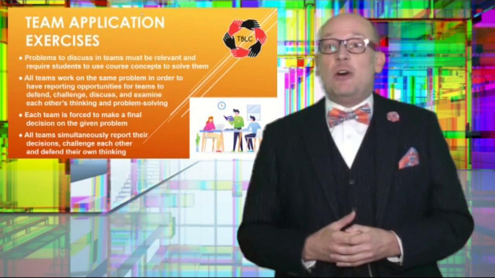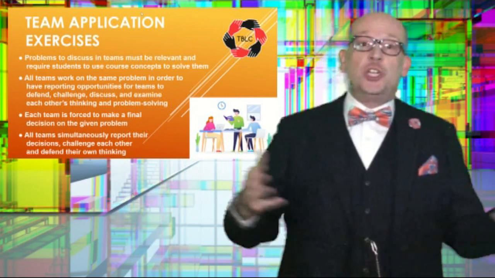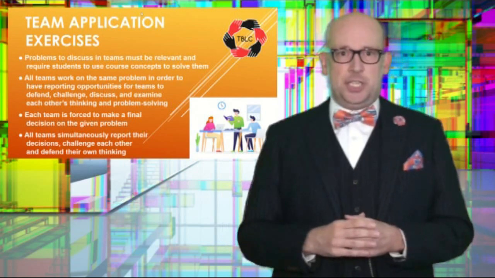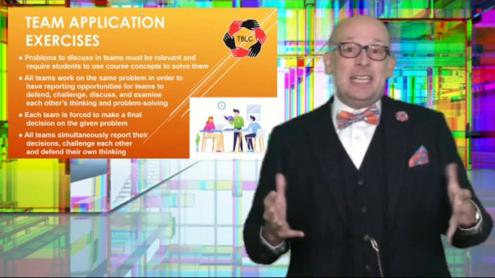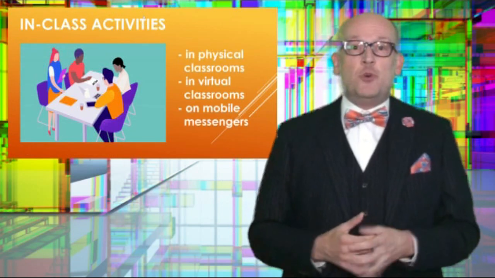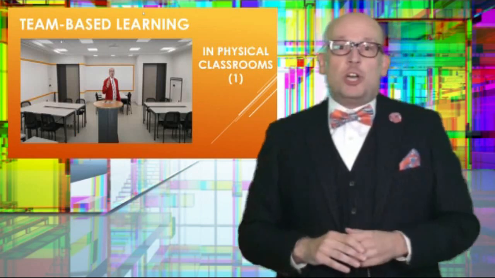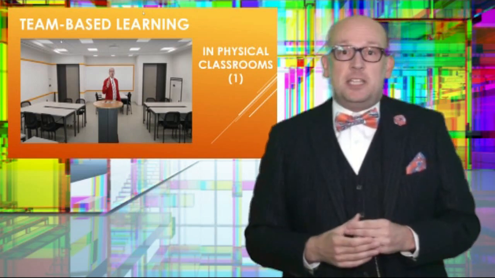The in-class activity of team-based learning can either take place in a physical classroom, a virtual classroom or on mobile messengers. When you practice team-based learning in class activities in a physical classroom, you should pay special attention to the design of the classroom. To provide students an appropriate environment for effective teamwork, a normal auditorium with tiers after tiers is not suitable. The ideal classroom for team-based learning activities is composed of several units of group workspaces, ideally a couple of tables surrounded by chairs for up to 16 members.